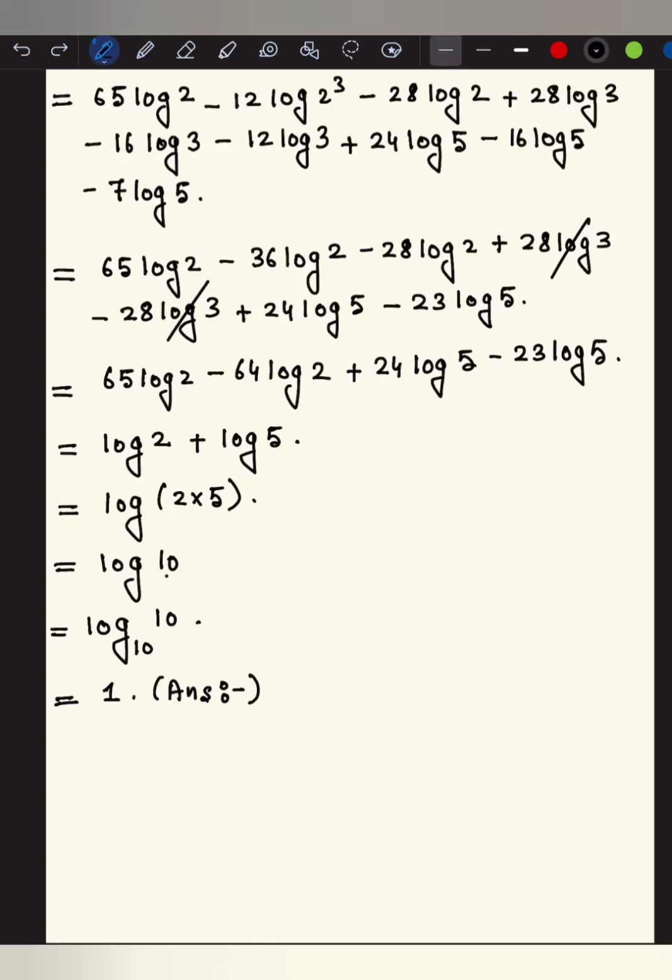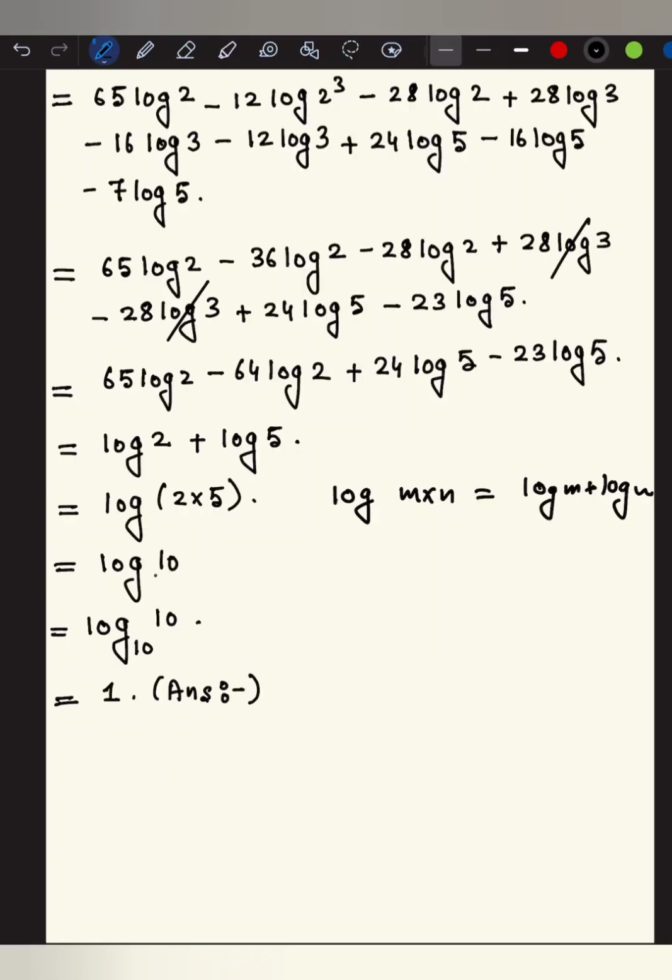Which is equal to log 10. This is log 2 into 5. Why is it so? Because we know that log m into n can be written as log m plus log n. Here log m plus log n was written, so we wrote it as log m into n. So log 2 into 5, so log 10